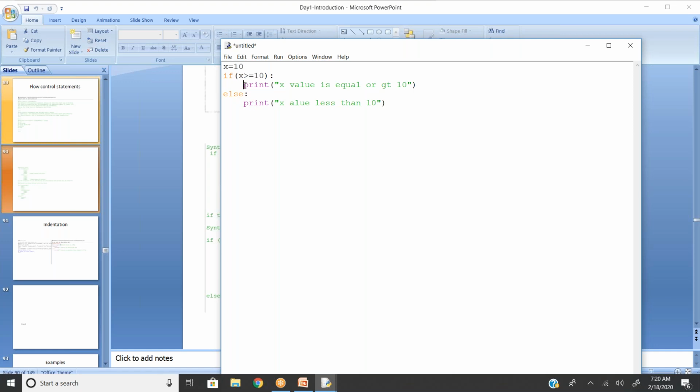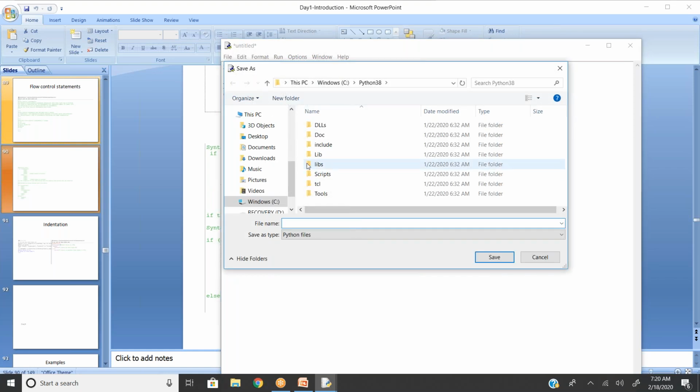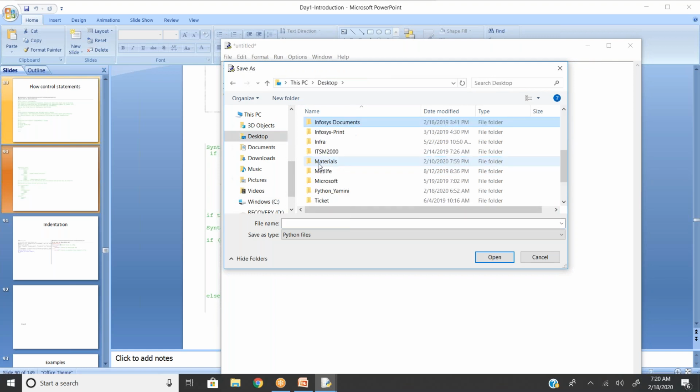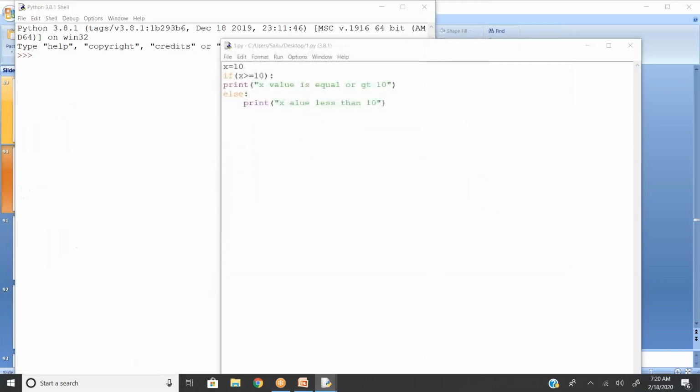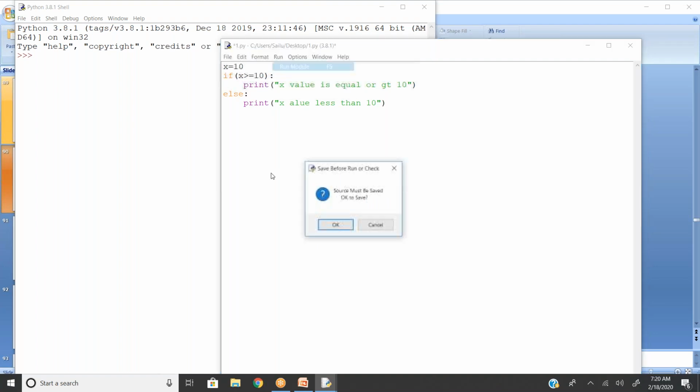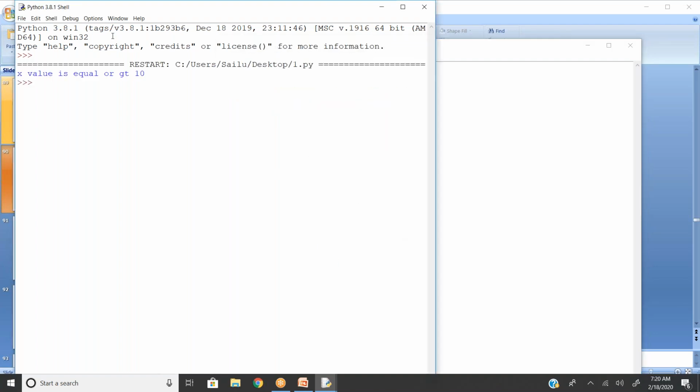If I give the indentation like this, the system can understand this. If I'm not going to give the indentation, for example, if I start from the first line itself, the system will give an error. In this scenario, this is going to give an error because there is no sub block for the if statement. You can see the syntax error, indentation: expected an indented block, which I don't have right now. So I'm just giving 4 spaces. Now you can see the value whatever I entered is greater than or equal to 10.